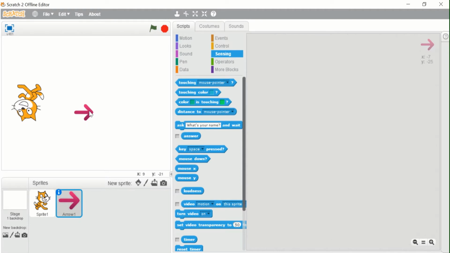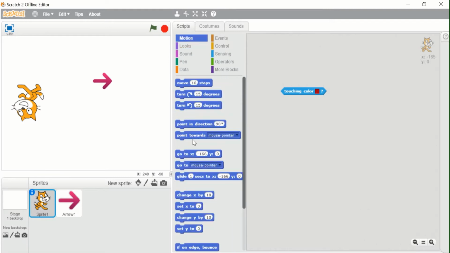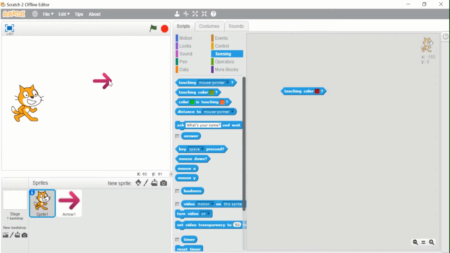I have this sprite, and first I will point in direction 90, and I'll take the color of this. What is the color of this? To take this, I'll click here, and wherever my mouse pointer goes, can you all see the color is changing? So I will go here and click here. Can you all see the color is stored?